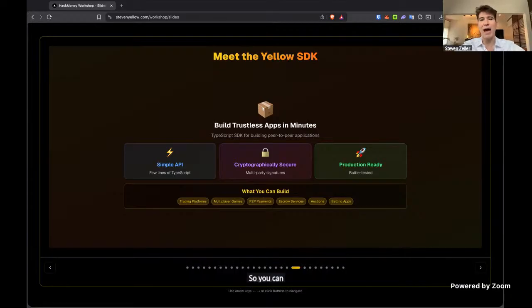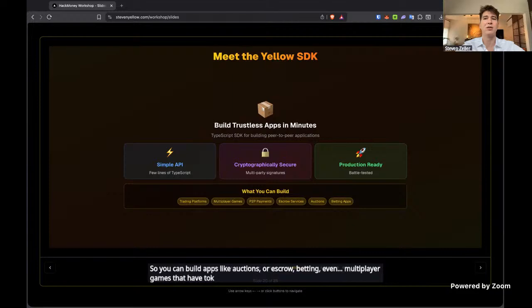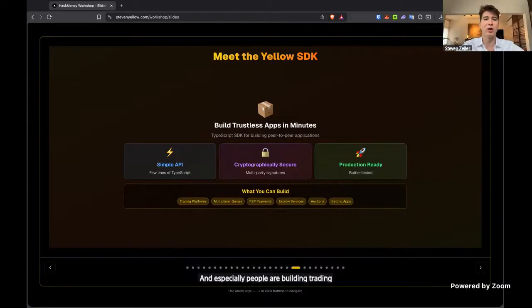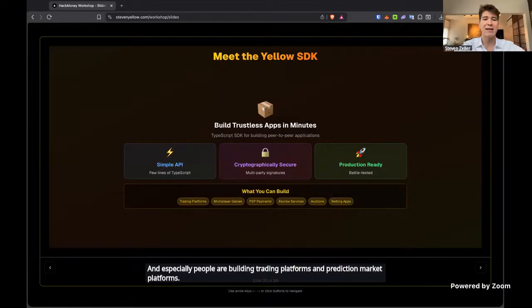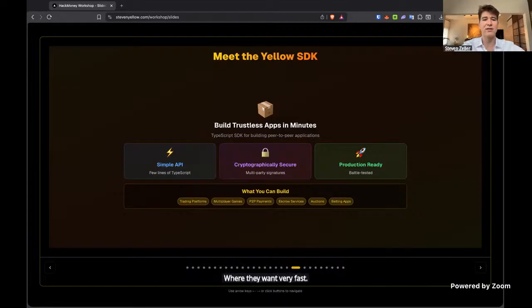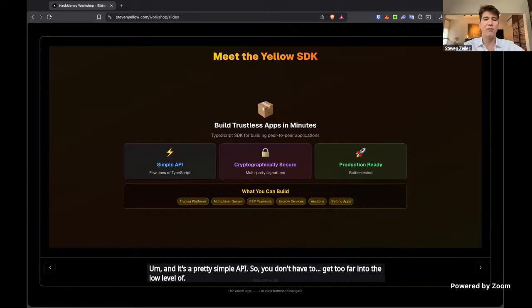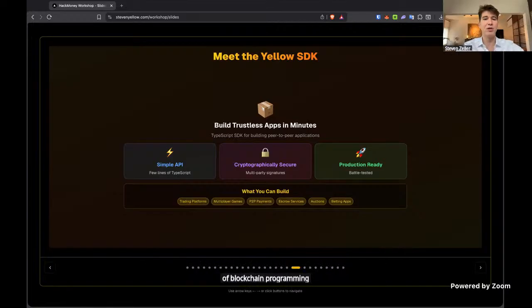So you can build apps like auctions or escrow, betting, even multiplayer games that have tokens or stablecoins in the game. And especially people are building trading platforms and prediction market platforms where they want very fast, instant transactions. And it's a pretty simple API, so you don't have to get too far into the low level of blockchain programming in order to build an application on the Yellow network.